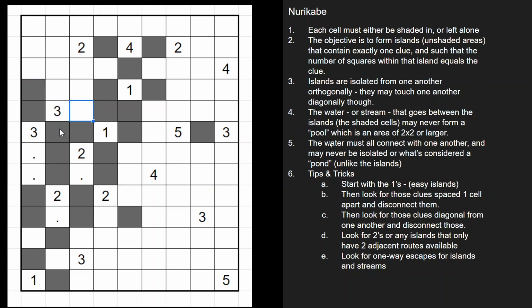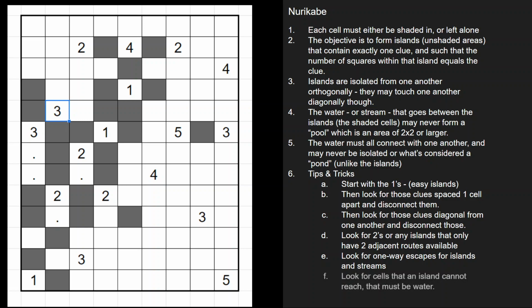Now after that, we would see this 3. The 3 could go too many directions. It could be these 3 cells. It could be these 3 cells. It could be these 3 cells. So I'm going to leave that alone for now and come back to it because I don't have enough hints